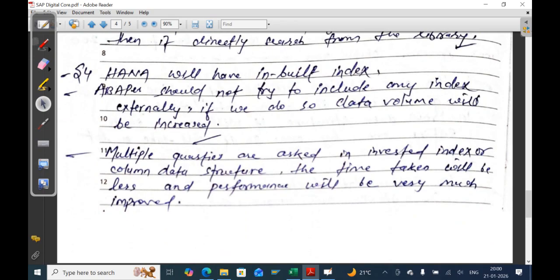Multiple queries are asked in the inverted index or column data structure. The time taken will be less and performance will be very much improved. How will performance improve so much? Because we have decreased the data volume